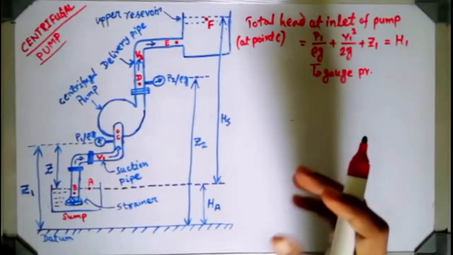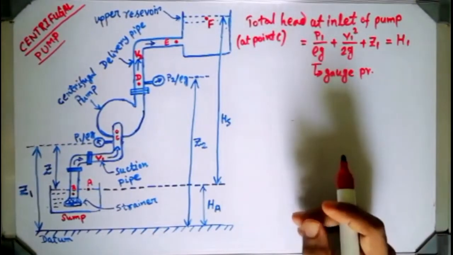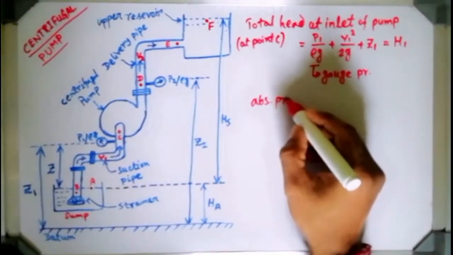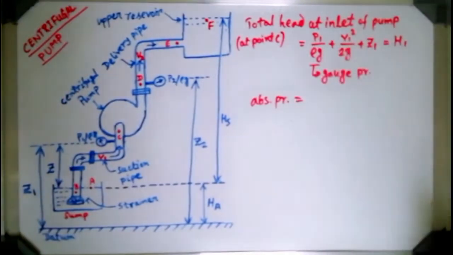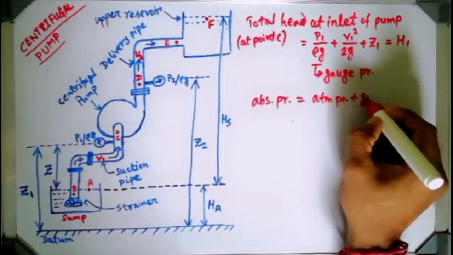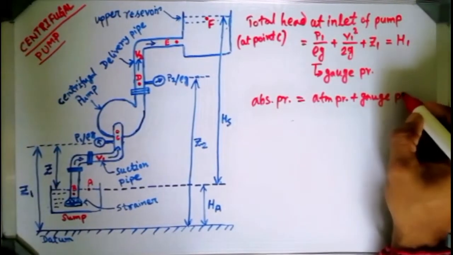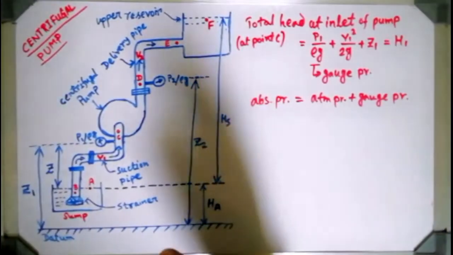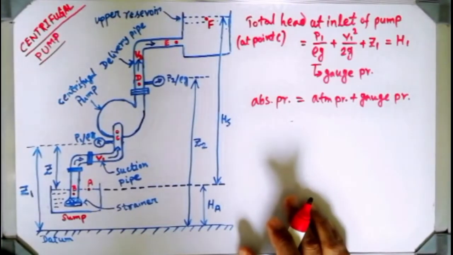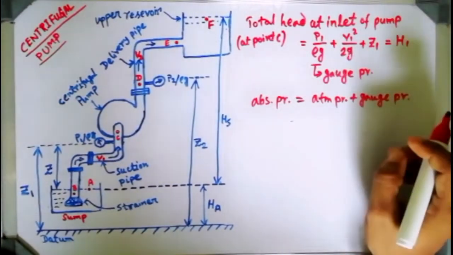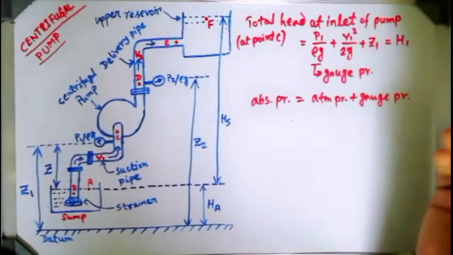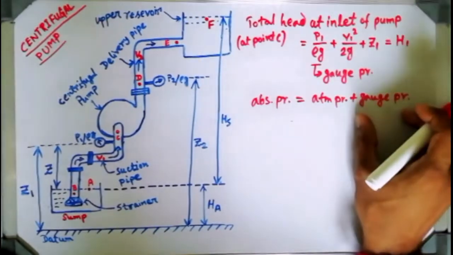So, explain the gauge pressure. Gauge pressure means the reading the gauge will show you. Obviously these are very basic things that should be stored from class 9-10. Absolute pressure is atmospheric pressure plus gauge pressure. And there is one more pressure, I think you know, that is vacuum pressure. Vacuum pressure is referred to as a negative pressure, and gauge pressure as a positive pressure. So above the atmospheric pressure, how much it is, that is known as gauge pressure.